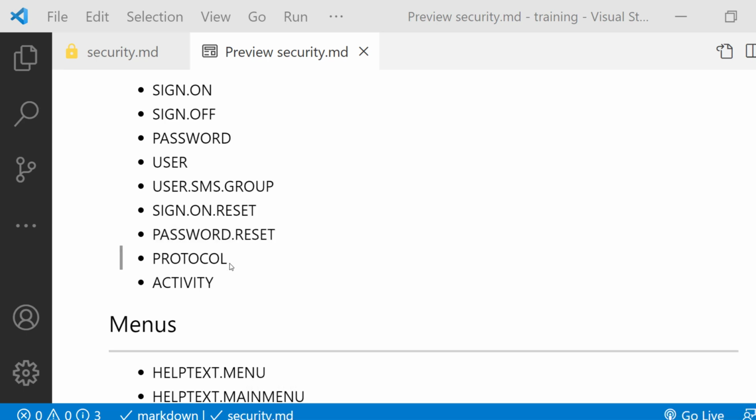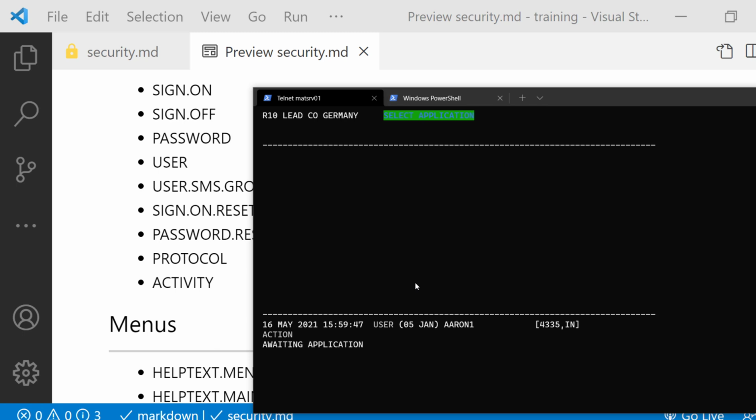Now, another application is protocol. Protocol is responsible for keeping logs of everything which is done in T24. Things which I've been typing here, I can find them in the system. What did I do? I tried to use password reset, for instance. So I can do protocol